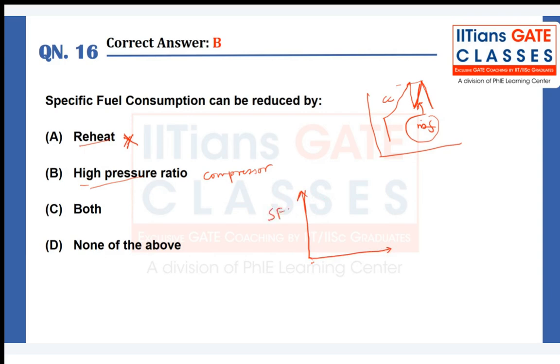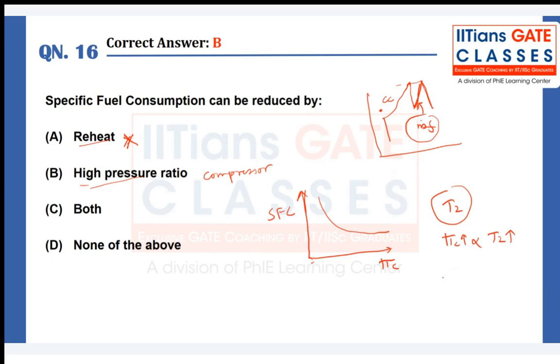that the specific fuel consumption actually reduces as we increase the compressor pressure ratio. This is because the T2 that you can achieve, if we are increasing pi c, the T2 that we are achieving is directly proportional, so this T2 will also increase. So if you see, this temperature will be much higher. In case of high pressure, it will be here.